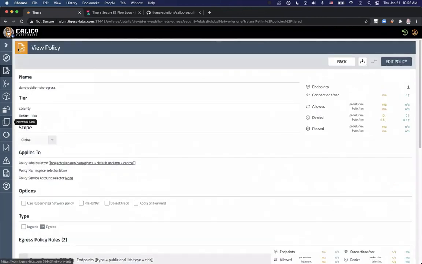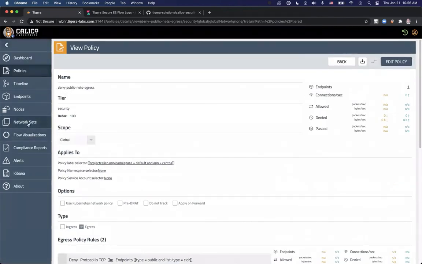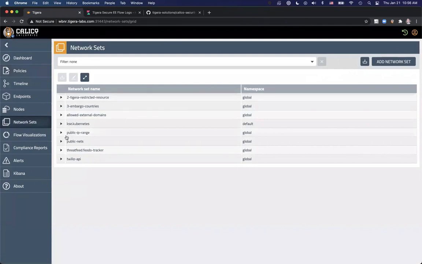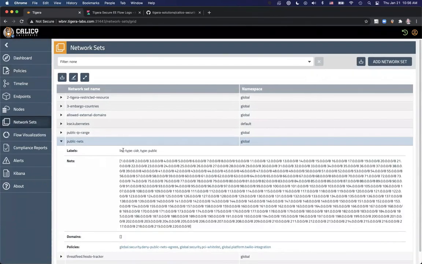So if I get to my network sets in here and look into the public IP nets, that's my labels in here. And you can see the list of IP addresses specified in here. So you can group a number of CIDRs or IP blocks and then use the labels assigned to those network sets to apply